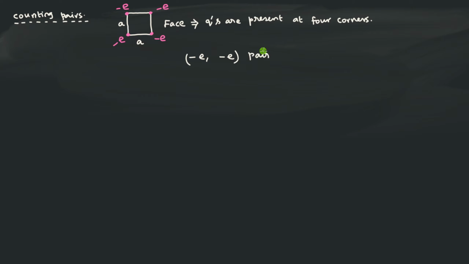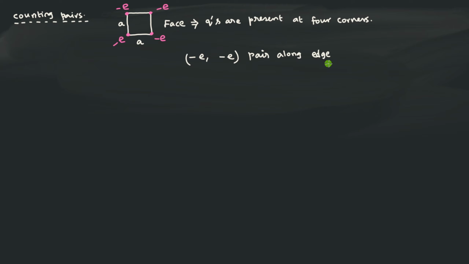How to pair? Let us see. There are different ways of doing the pair. This pair along the edge we can see. So along edge. So if you are going to consider, this is called edge, right? This is one edge, horizontal edge. Then you have a vertical edge. Again horizontal, but it is in the top side. So like this you can consider. So you can have a pair minus E comma minus E pair along the edge. So this is one type of pair.